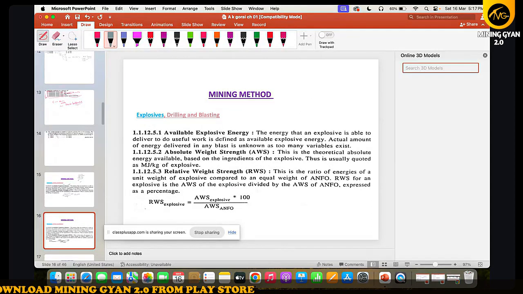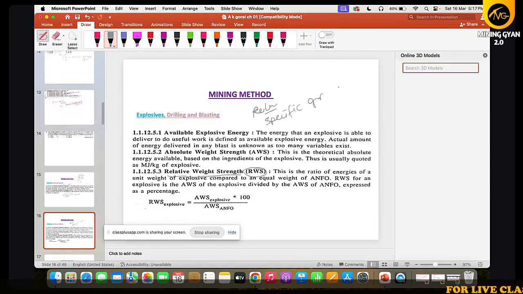What is RWS? RWS means relative weight strength. अरे यार, वो नहीं होते अपन रिलेटिव स्पेसिफिक ग्रेविटी, उसमें अपन क्या करते हैं, रो बाय मटेरियल बाय रो बाय वाटर, ऐसे कुछ करते हैं ना, तो उस टाइप से ही है।